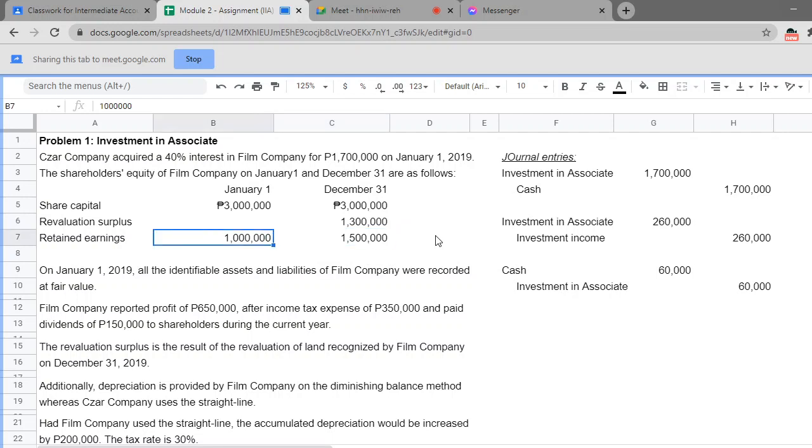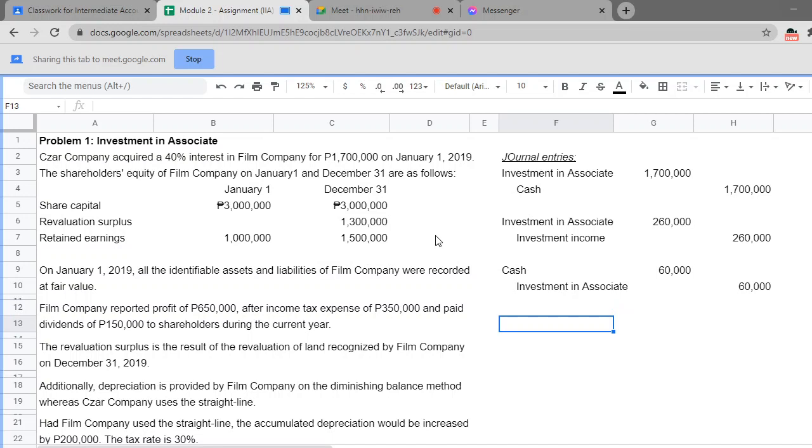We also have change in retained earnings from 1 million naging 500. Ano ba ang mga items na makakapag-change sa ating retained earnings? Di ba income, it increases retained earnings. Loss, bawas sa retained earnings. What else? Dividends, di ba? Every time na mag-issue tayo ng dividends, dini-debit natin si retained earnings. So on the part of the investee, ang 500 na change is actually from income na 650, and then decrease of 150 na dividends. So, ang net niya is 500,000. So, the difference of 1 million and 500,000 is from the profit 650 minus 150 na dividends. Therefore,